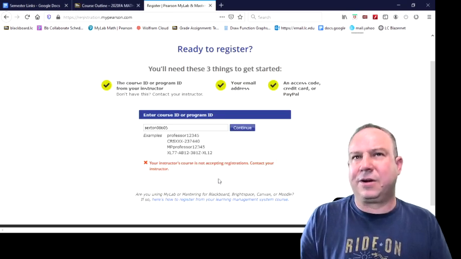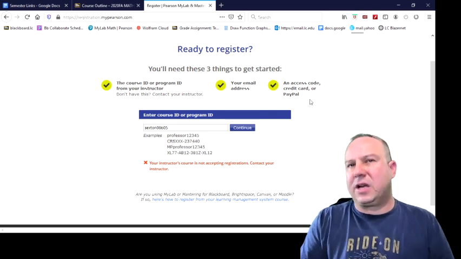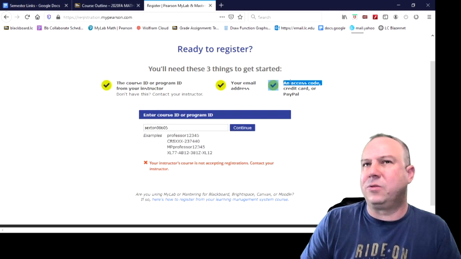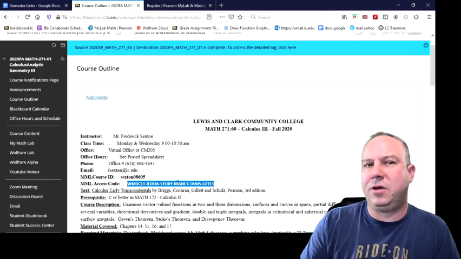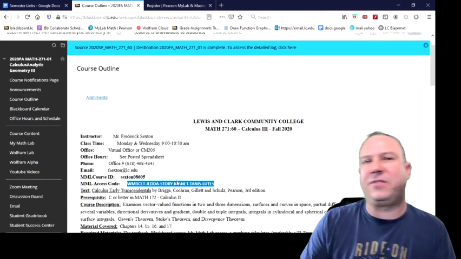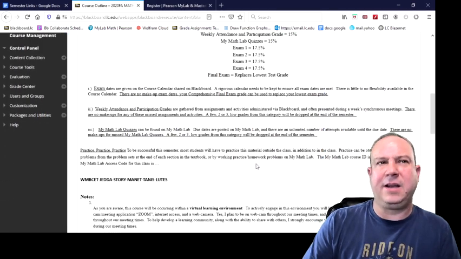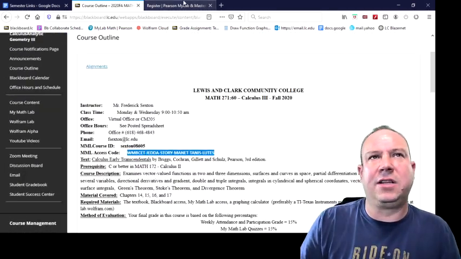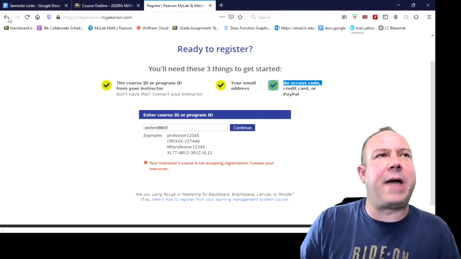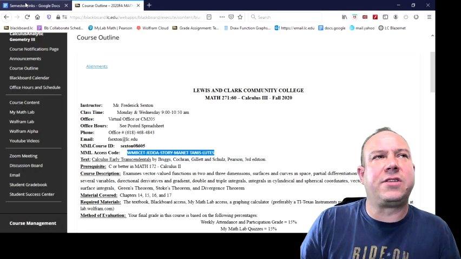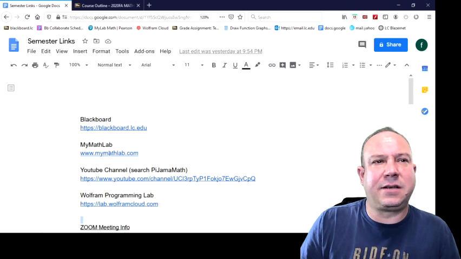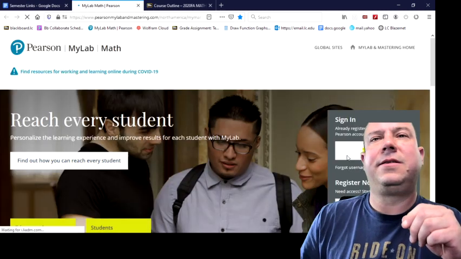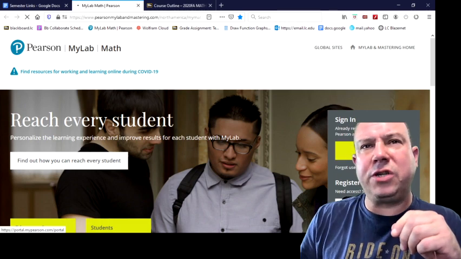registration. It's going to ask when it comes time to pay. Don't give them any money, folks. You're going to use the access code, which is given here, and you can just copy and paste that right over. I'll go through more of this on the first day tomorrow. I'll show you a little bit more of that. But if I was just to go back, notice all this is found at mymathlab.com. Once you sign in,